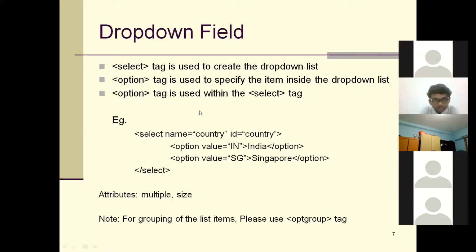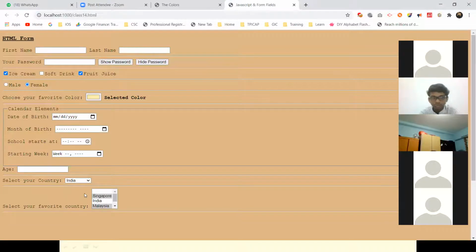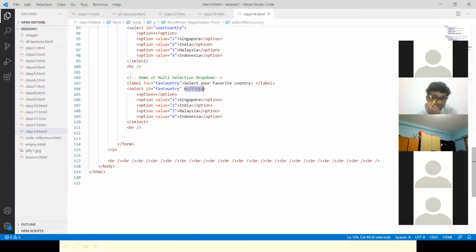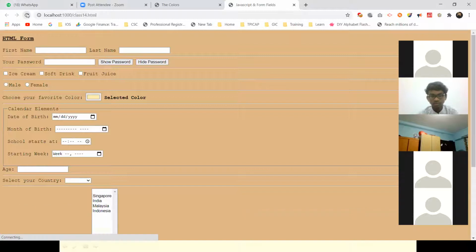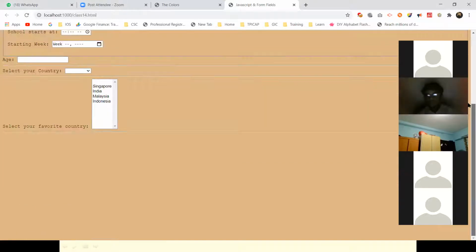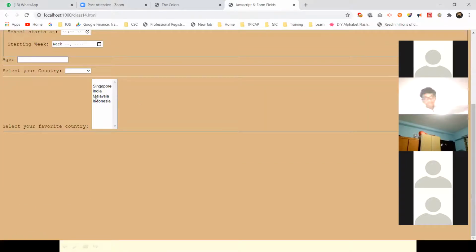So we have drop down here, right? So drop down is done. Okay, let's have attribute size also. Let's give size also here. Size, let's give 10. I'm going to save it. You see the size actually gives you the number of items you want to see.